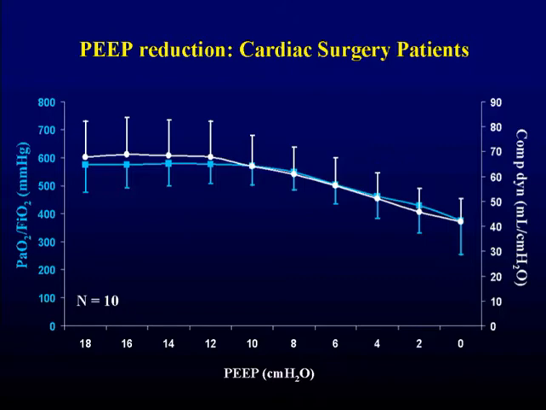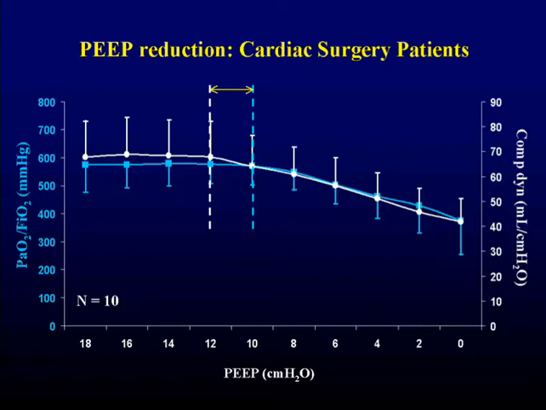So when looking at the preliminary results of the different patient groups, these are the mean values for every PEEP level of 10 patients who were studied after cardiac surgery. The protocol I just showed you was performed, and then we made the decremental PEEP trial. And you see that it's almost a perfect matching between dynamic compliance and oxygenation. Moreover, the point of maximum compliance was achieved a little bit earlier than the maximum point of oxygenation, suggesting